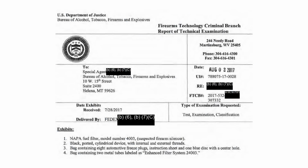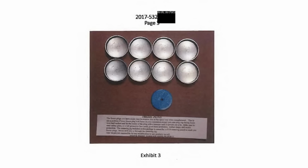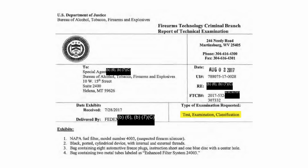In 2017, the Firearms Technology Criminal Branch received a request to examine, as part of a criminal investigation, a group of items, including a Napa fuel filter, a muzzle thread adapter, several automotive freeze plugs, and metal tubes. These items were sent for test, examination, and classification in order to determine whether the combinations of parts constituted a